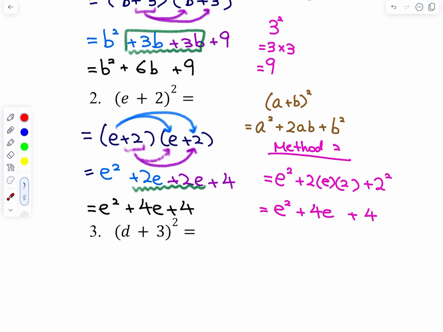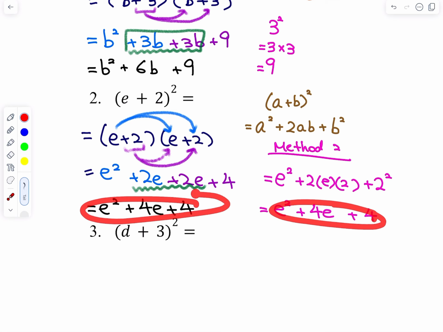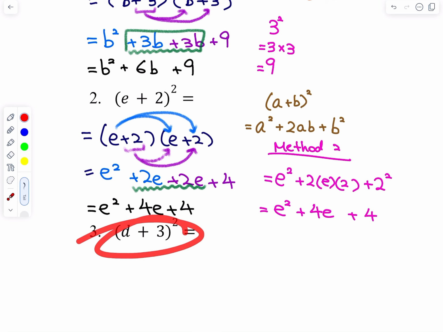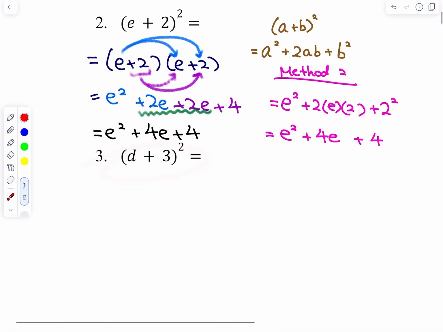So both are actually the same in the end. They will still get the same answer. No matter whether you use method 1 or method 2, it's up to you. So let's do one more question quickly. So there's a square, so it means it is being